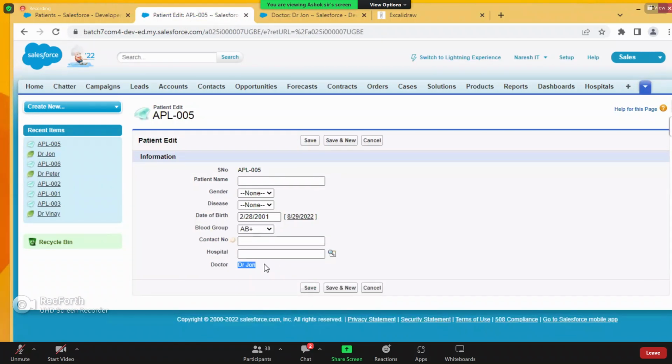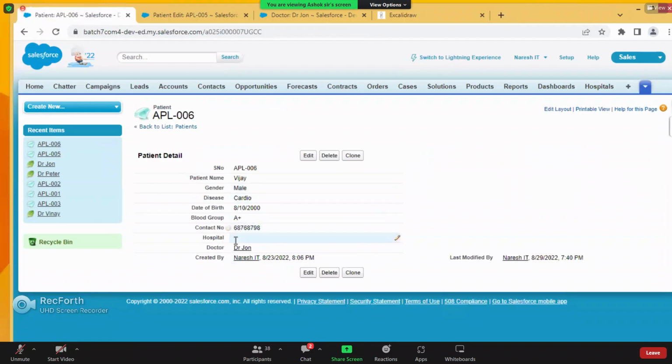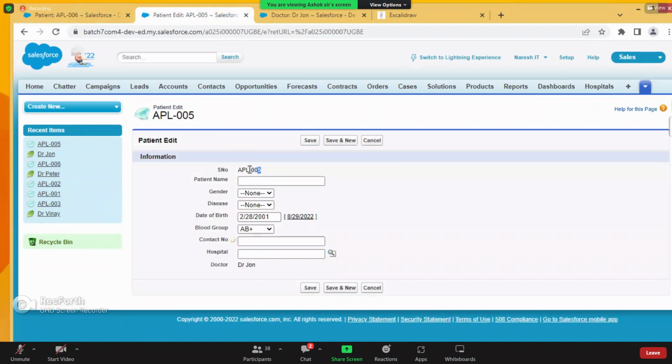Okay, now I just open the 005. See, it is read only. Why read only? Without this data, this record will not exist. Why? It is a mandatory field. Again, 006. Yeah. Now see, 006 is already assigned to Dr. John. 005 is already assigned to Dr. John. Okay, that means if you are deleting the doctor record, then the system, in the back end,